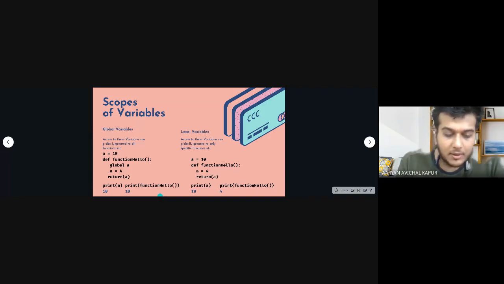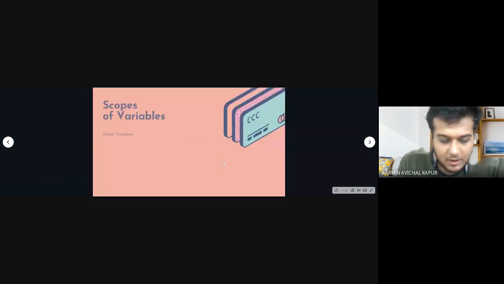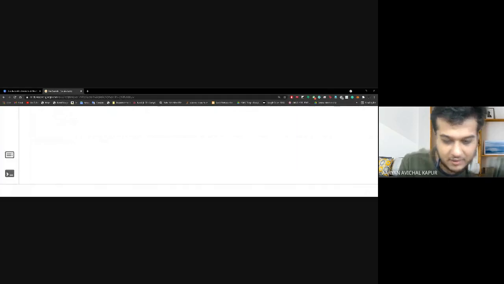Yes, sir. Okay, perfect. So by using the keyword global here, whatever happens to a happens to every value of a. And I don't like this output, I think there's a mistake here, but this is a global variable. Local variable is what we looked at in the last slide as well. Let me open the code and show you what actually changes and what is the major difference in the two. Let me open it up, just a second.